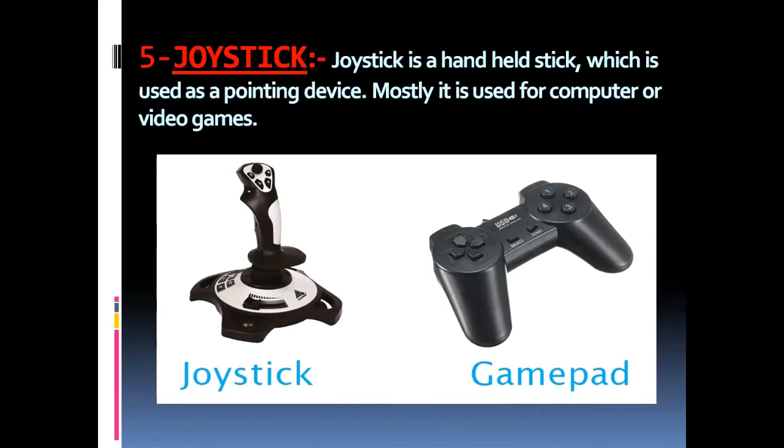Next is a joystick. What is a joystick? Joystick is another input device. It is used for playing video games. It consists of a round base and a long stick which can be tilted in left, right, forward or backward directions. It also has a button on the top and a trigger. By moving the stick, the game object can be controlled. By pressing the top button or trigger, the object can be moved to fire or jump.